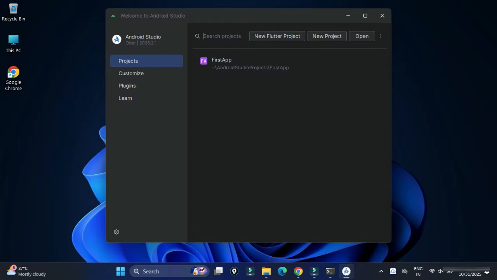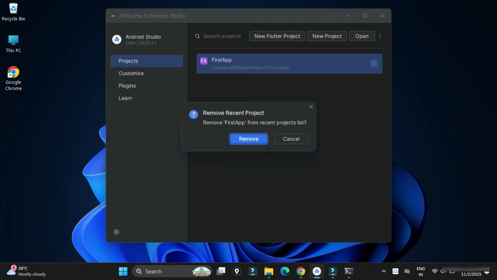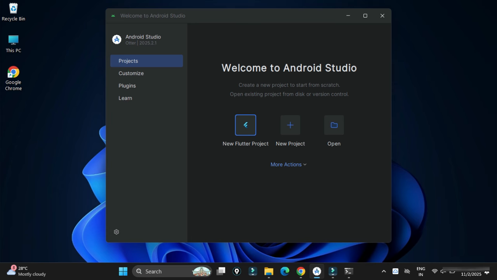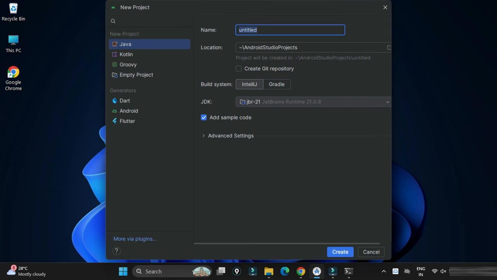So now click on this new Flutter project, because we wanted to create Flutter project. Now guys, here you can see it's showing me different project details. So we have new project, empty project, and other options also, Flutter, Dart, and so many. So I'm going to select Flutter option over here, because we are interested in creating a Flutter application.